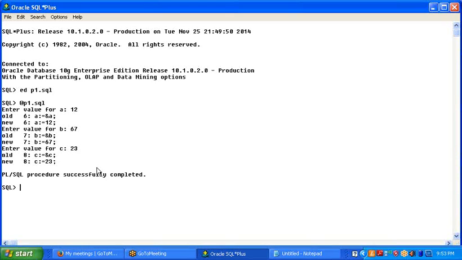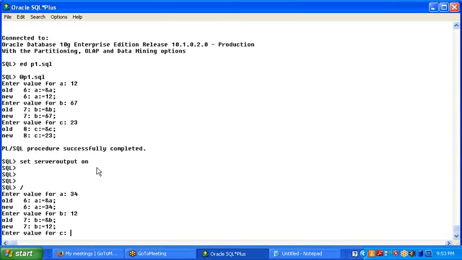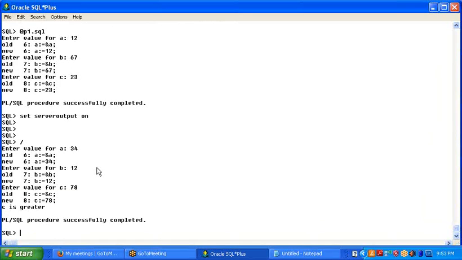If I want to see output on the screen, I have to write SET SERVEROUTPUT ON. Fine. Again I can try this, 34, 12, 78. So C is greatest, whatever message you want to display. I told you that if I want to concatenate two values, the operator is the pipe operator. So for concatenation,